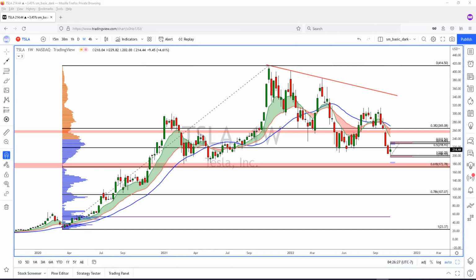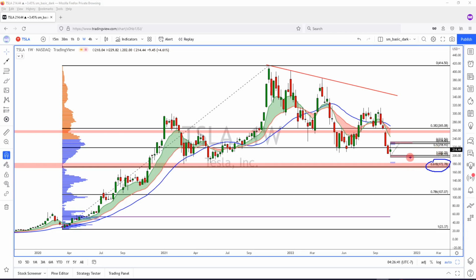Now, looking at Tesla, we see that Tesla is pretty much in between this 50% and the 618 right now. There is a little bit of a low volume zone here down at the 618 near this 172 area, 172.78. And here's the upper range of the expected move for Tesla. It will be somewhere between 232 and 228. And for the lower range, it will be somewhere between 200 and